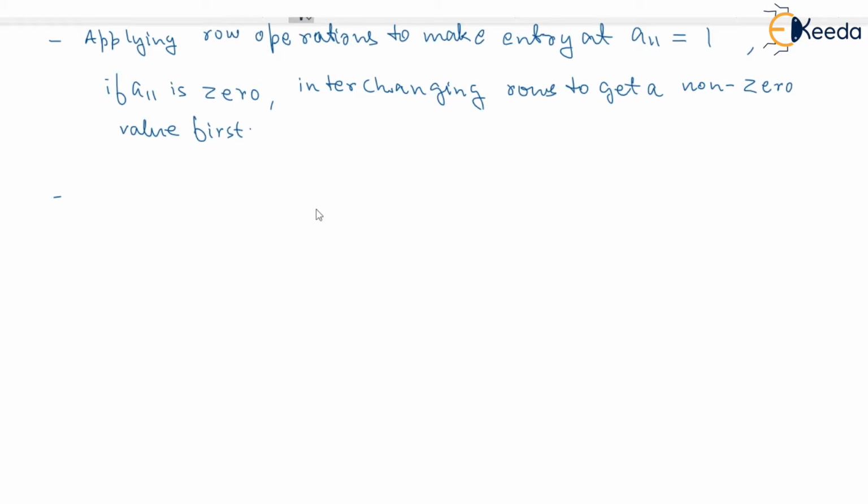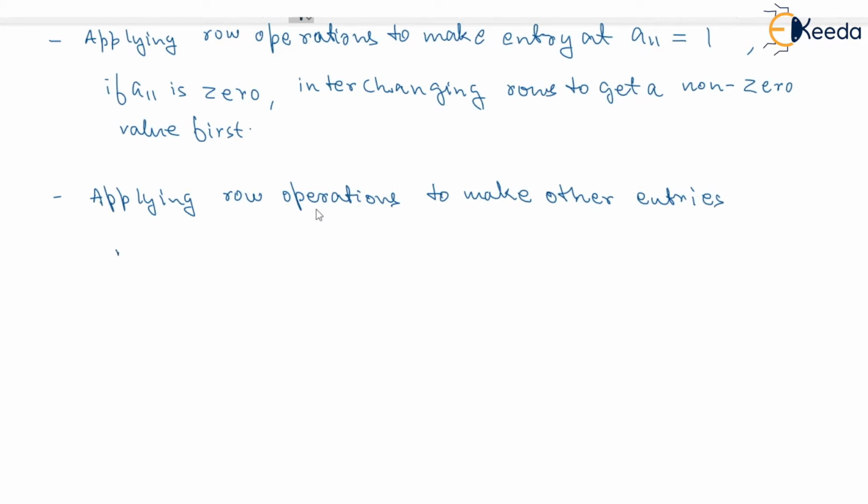So applying row operations to make other entries in column 1, I'll say C1, as 0. So column 1 will have only one non-zero element, that is A11, and that will be 1. Rest of all will be made 0 by the row operations.